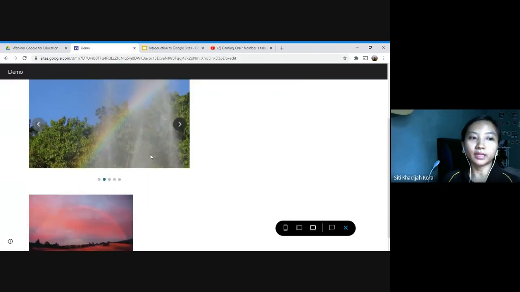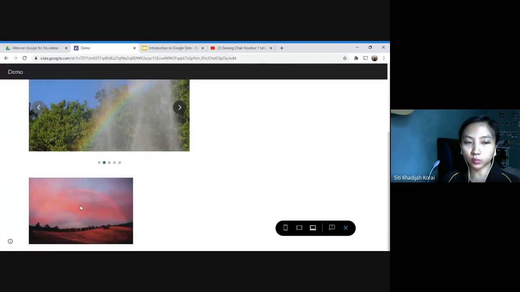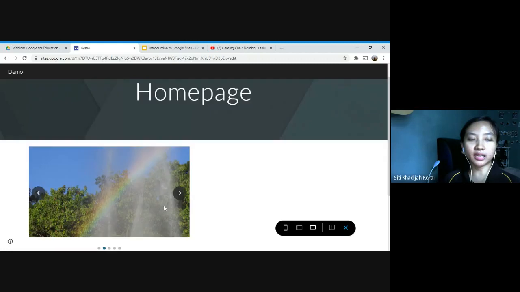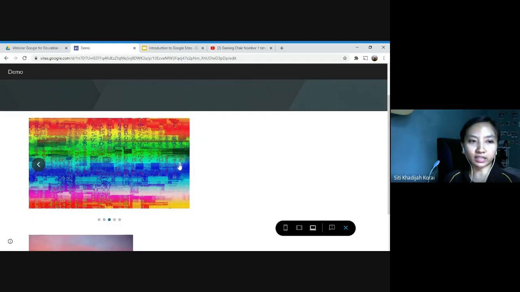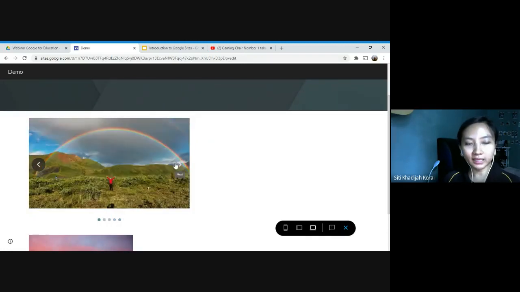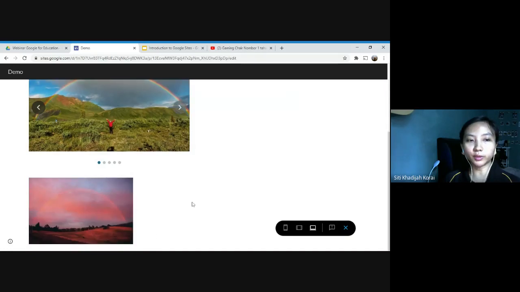But if you put in a normal image, where you just choose a single image, that image will stay on the screen. So we cannot click, there's no next button. But with the image carousel, you have this next button. My suggestion, if you want to include a lot of photos, is to choose the image carousel instead of the normal photo,